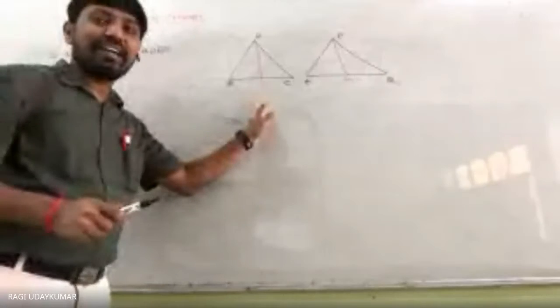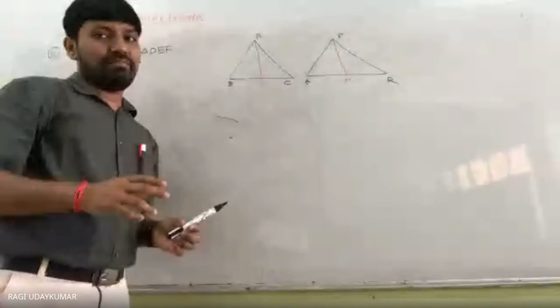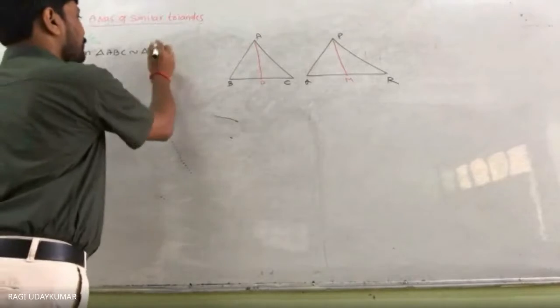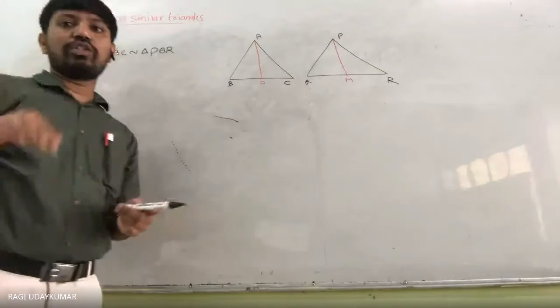Sir, it is asking us to prove that if two triangles are similar... From the figure, not in sentence form, just in mathematical form, with the symbols. It is given that triangle ABC is similar to triangle PQR, and we have to prove that the area of triangle ABC upon area of triangle PQR is equal to (AD upon PM) whole square. Yes. Ratio of areas is equal to the square of the ratio of corresponding medians.